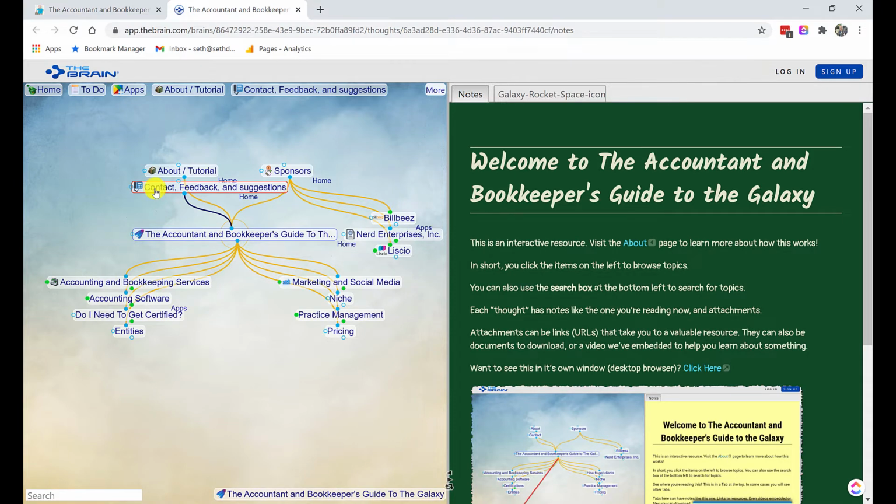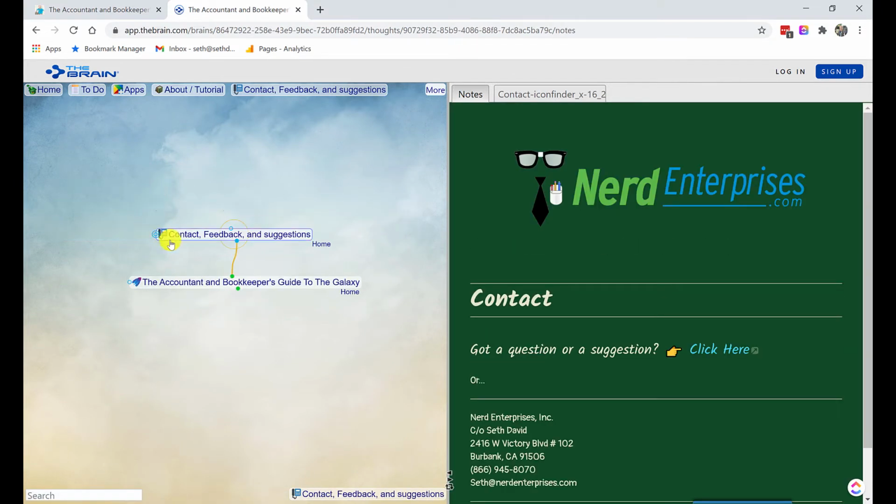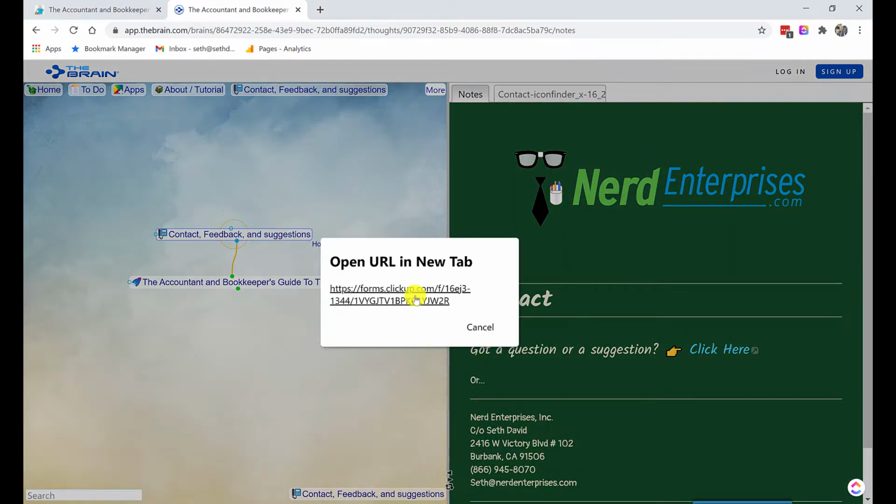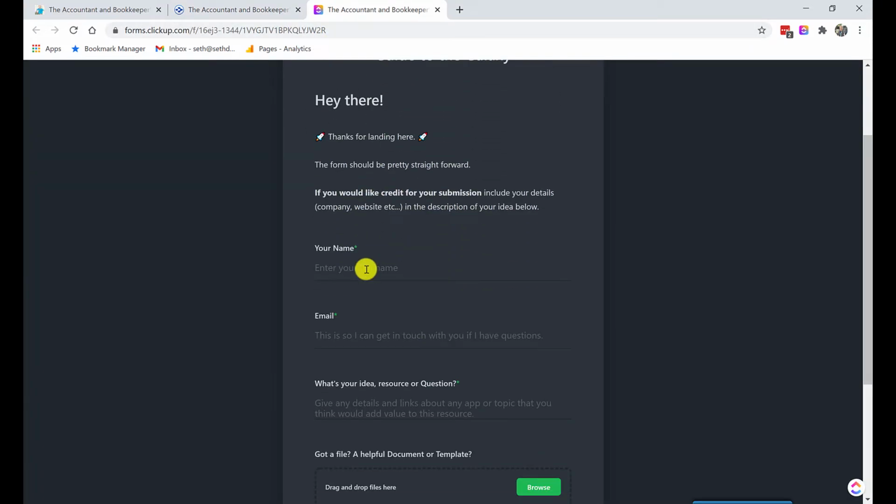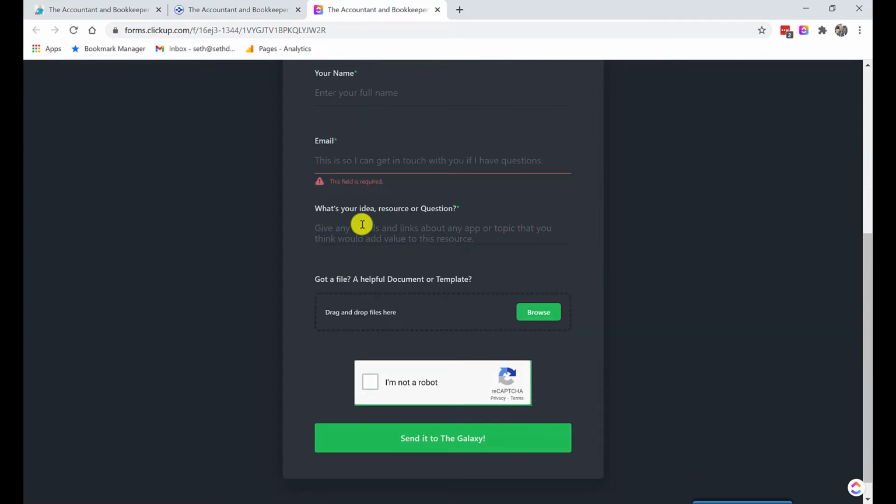First of all, if you have any questions, if you want to contact us about this resource, and most significantly, maybe if you have a suggestion, if there's an app you don't see here that you think should be here, or any other kind of resource, a document template, let's say, click here. It will take you to a ClickUp form that I've created. Just fill out the form. It's very straightforward: name, email, and then what's your idea, resource, or question.